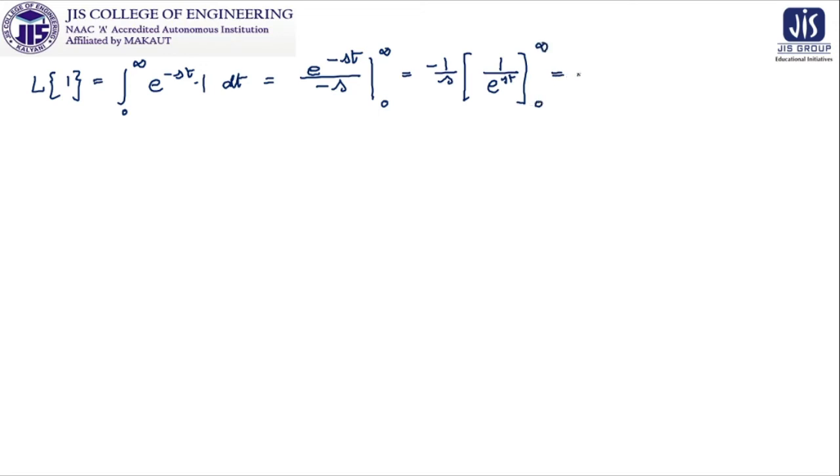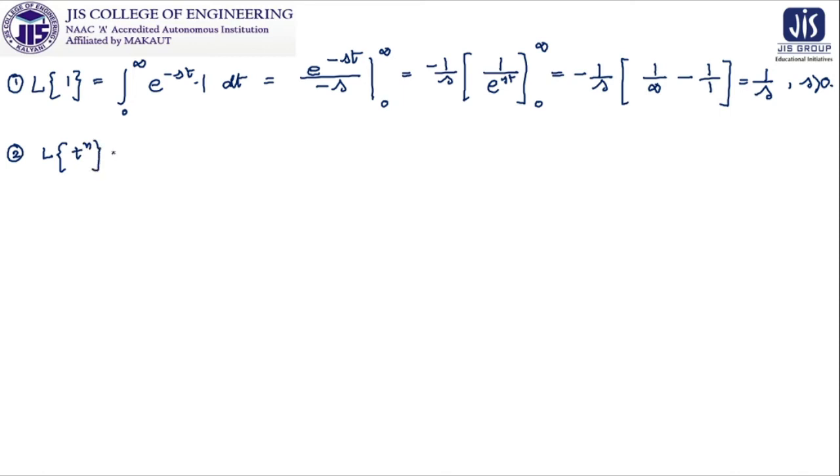You can do it in a few fewer steps, but as it is the very basic one, we are doing it like this. So it will be 1 by infinity, because if I substitute infinity we will get this, and minus 1 by 1. So what we actually get is 1 by s as the result, where s is greater than 0. So this is your first example of Laplace transform, the easiest example, where we are establishing the Laplace transform of 1.